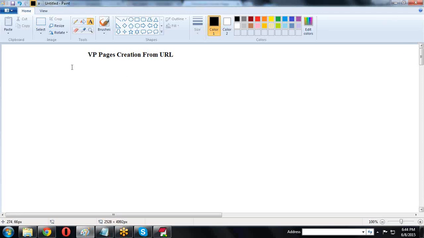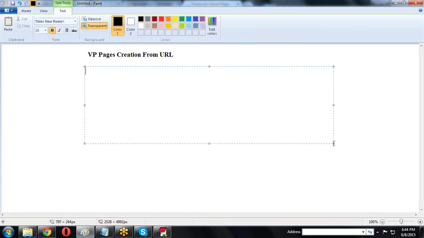Visualforce creation from URL. For this we are creating https://server instance.salesforce.com/apex/vf page name.